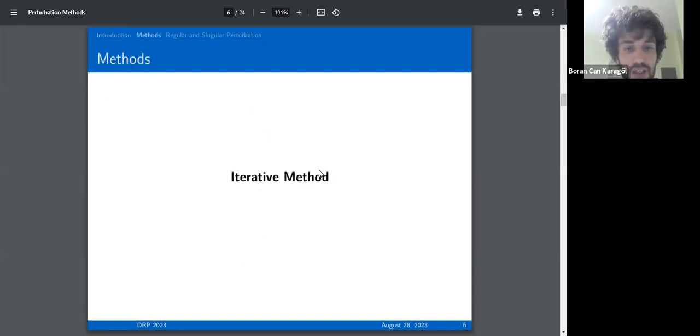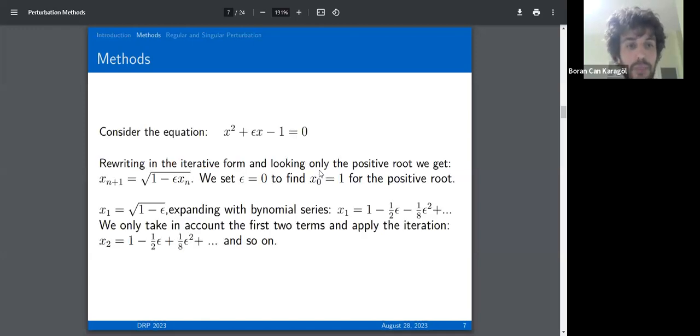The first method we'll take a look at is the iterative method. Here we have a quadratic with the epsilon coefficient. This is a really small coefficient. Rewriting in iterative form and looking only for the positive root, we get this, and it's rather simple to get. You just toss the last two terms to the side and take the square root of both, since we're looking for the positive root. And the reason why we call this xn here, we think of epsilon as a coefficient, so we think of it as a small correction